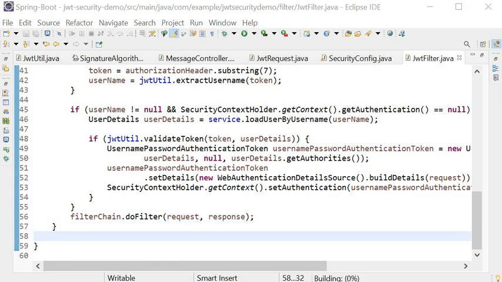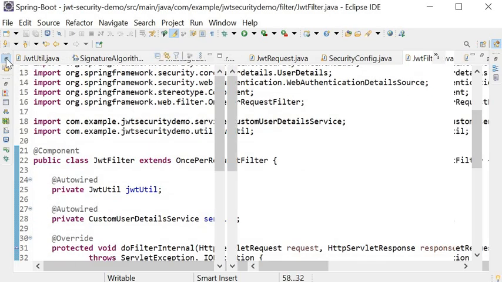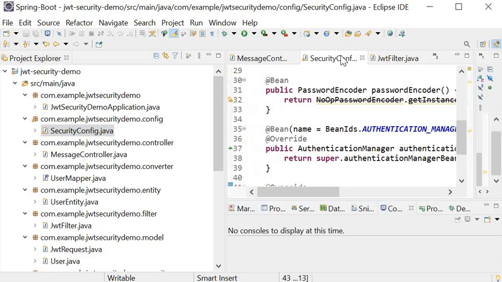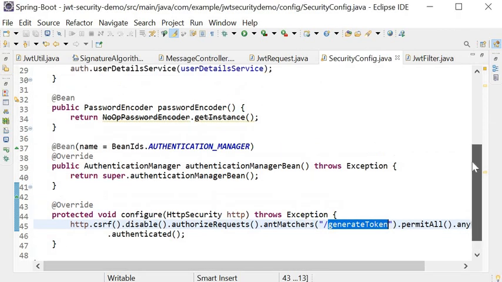Next we need to register this JWT filter into our security config class. So first I will go to my security config class and inject the filter so we can register the JWT filter.